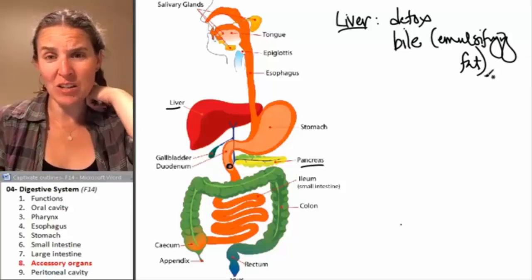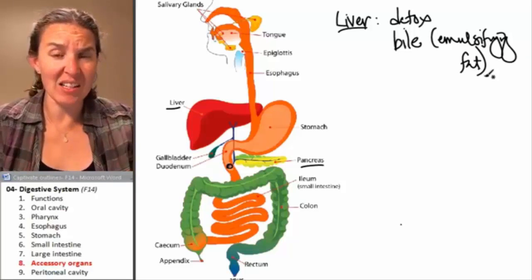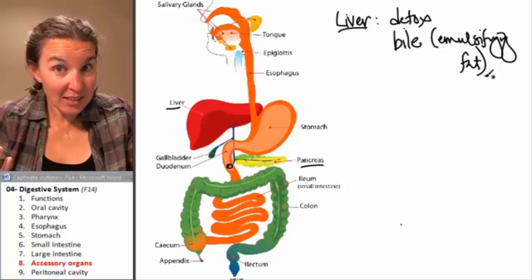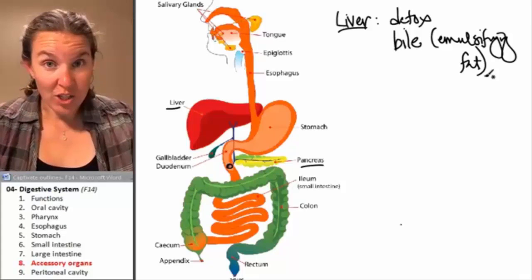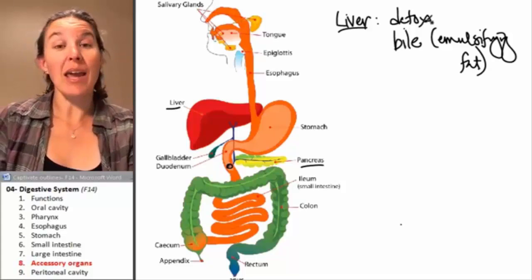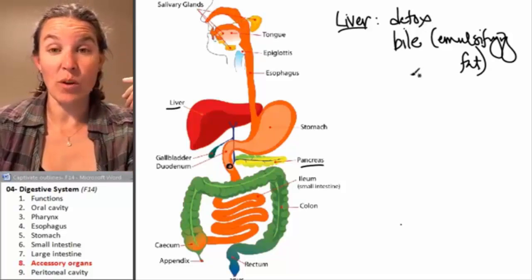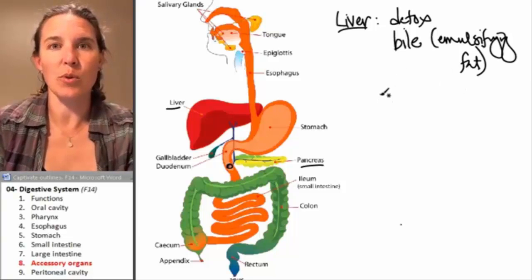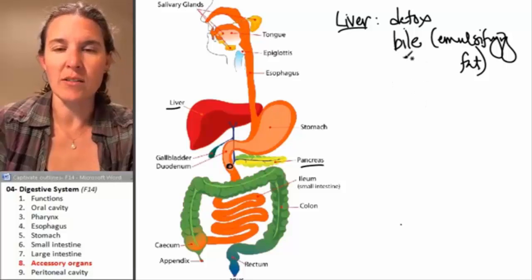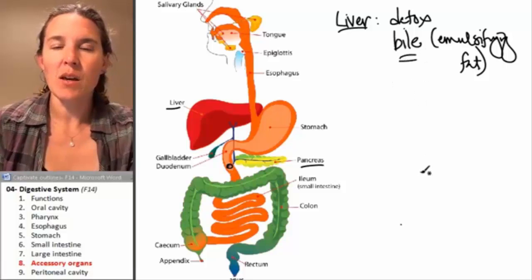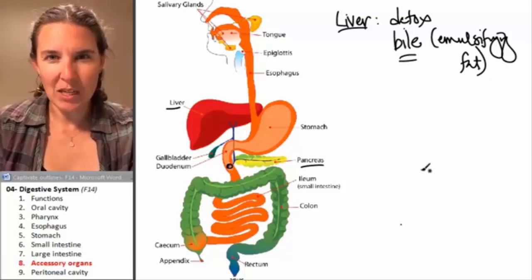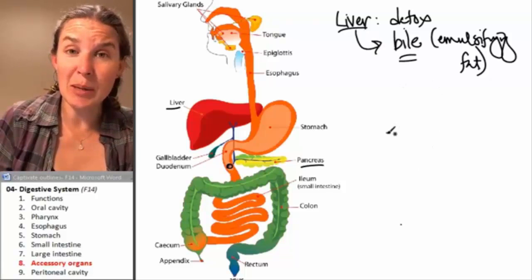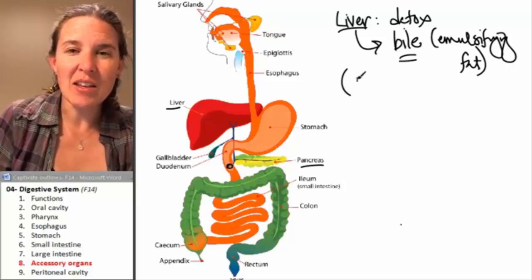And then you can imagine if you can't absorb fat into your blood and it just stays in your intestines, where is it going eventually? Yeah, it's going out. And so you're going to end up with some very interesting, basically oily poop. Huh, that sounds attractive. Thank goodness for bile. When you hear the word bile, does it make you think of anything else? The liver produces bile, but you know what? The gallbladder